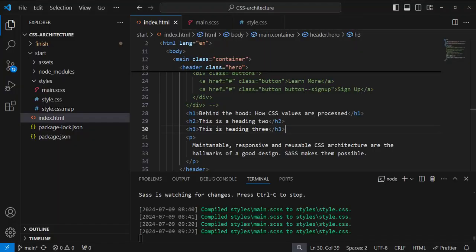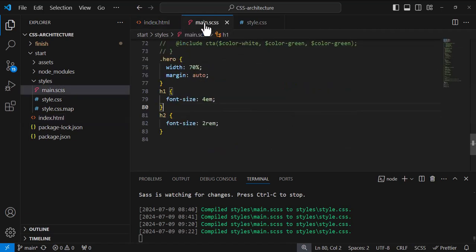Back in the index.html file, now let's see how we can target in different ways this h1 element so that we can create an artificial conflict. All right, so let's go to the main.css. Now, right now, I have the heading 1 already targeted here and apply a font size of 4em. But this is not the only way I could target this element, considering the fact that it's in a container called hero. So I could target it like this by going through the container and say h1. This time, let me give it a font size of